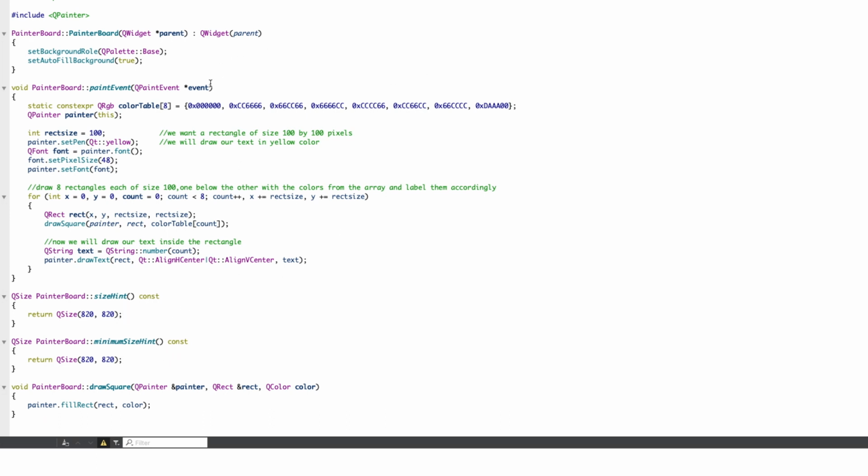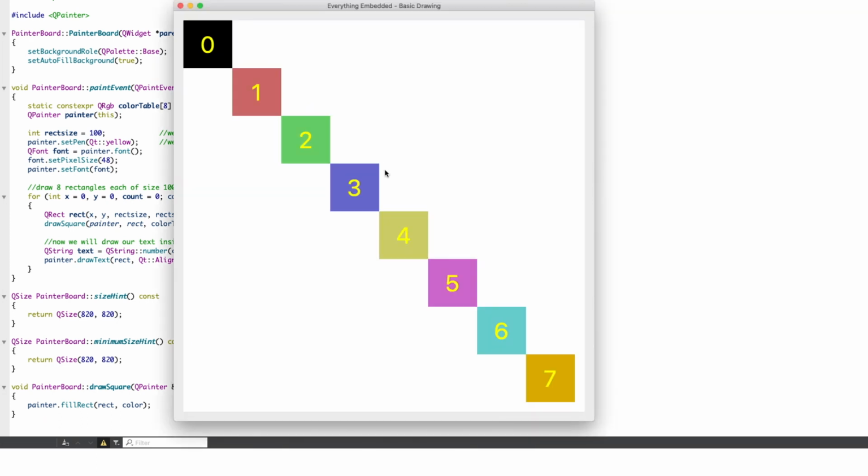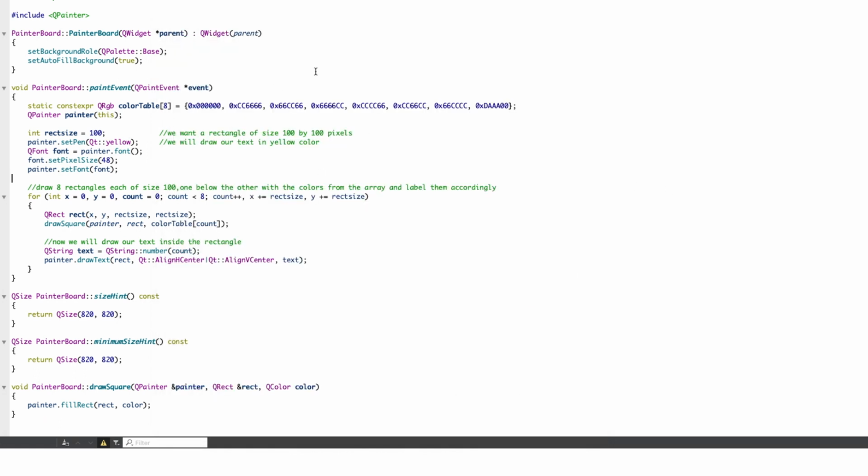And the main magic is done in the paintEvent method. This is the method which gets called when Qt wants to paint your window, when it wants to draw inside the window. So when it comes to drawing inside the window, this is the method which is called. I will zoom in on this method now.